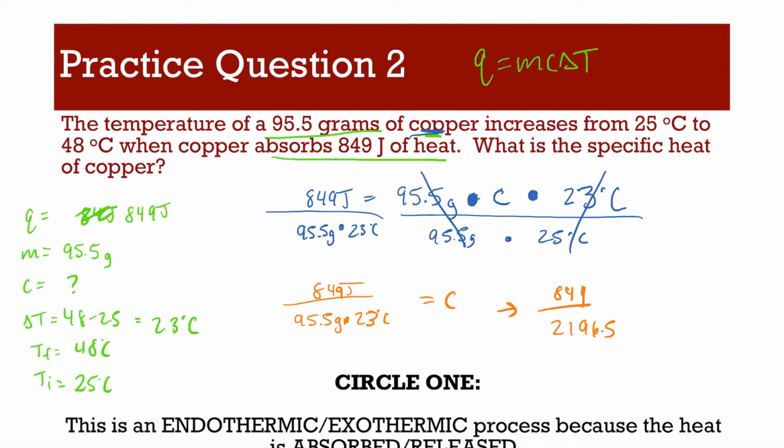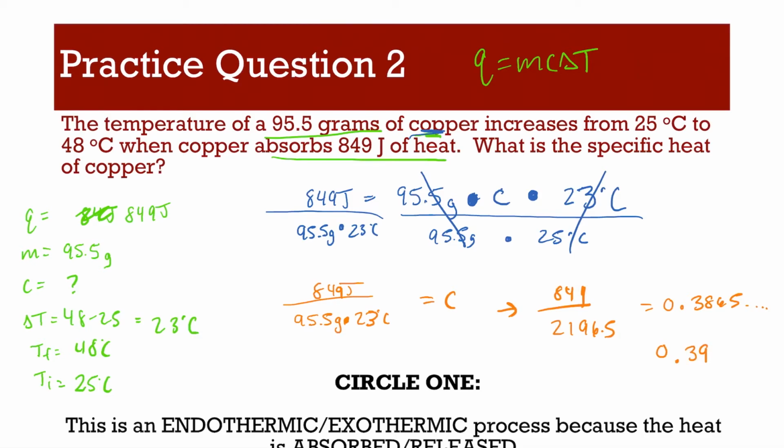And so 849 divided by 2196.5 equals 0.3865, and so on. We're going to leave it as